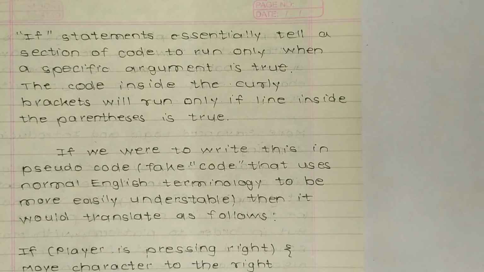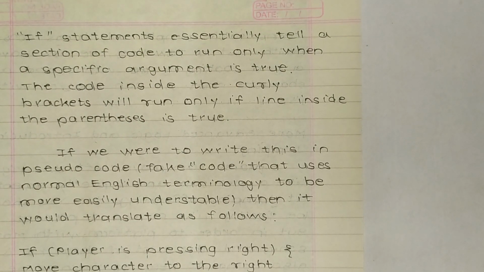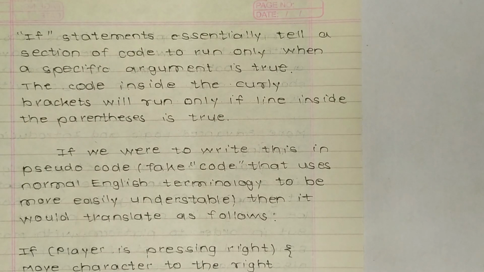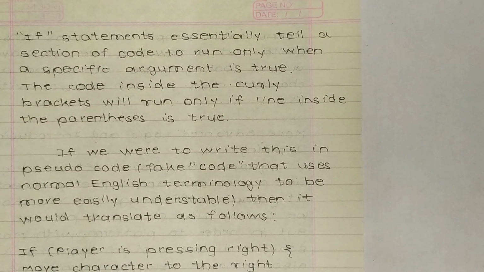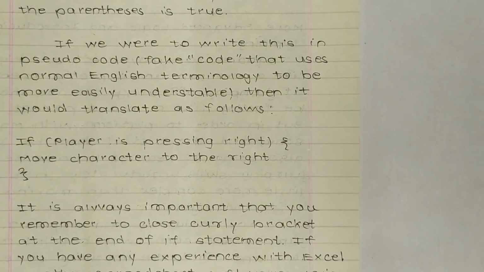An if statement essentially tells a section of code to run only when a specific argument is true. The code inside the curly brackets will run only if the line inside the parentheses is true. So if statements are used for that. If we were to write this in pseudocode, that is fake code that uses normal English terminology to be more easily understandable, then it would translate as follows. If